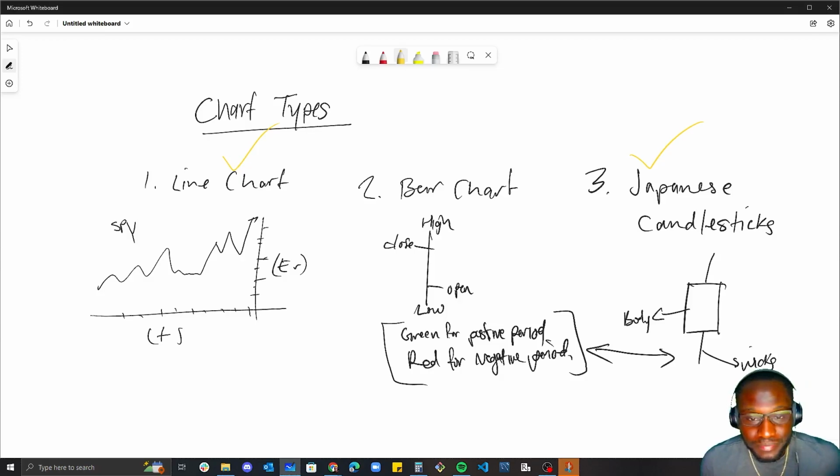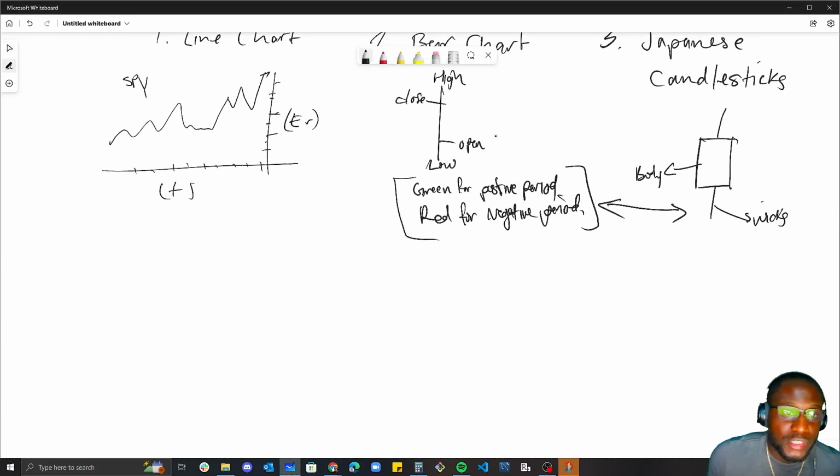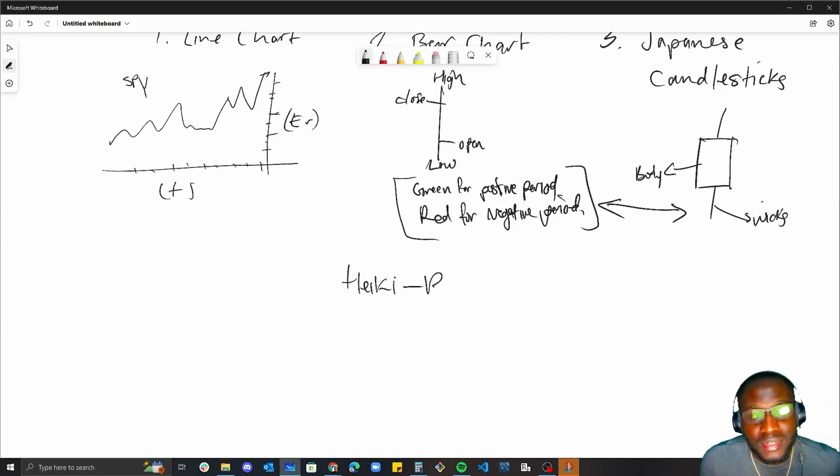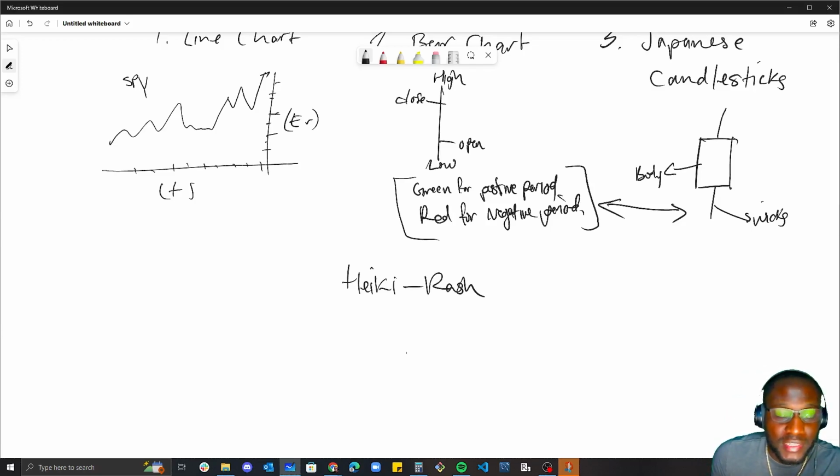And yeah, so these are the chart types. I know there's other chart types as well. Before, I used to be fond of Heiken Ashi, but I think that's how it goes. I think that's how you spell it. And it's a smoother version of the candlesticks, except that it doesn't show dojis as much, and I really like the dojis